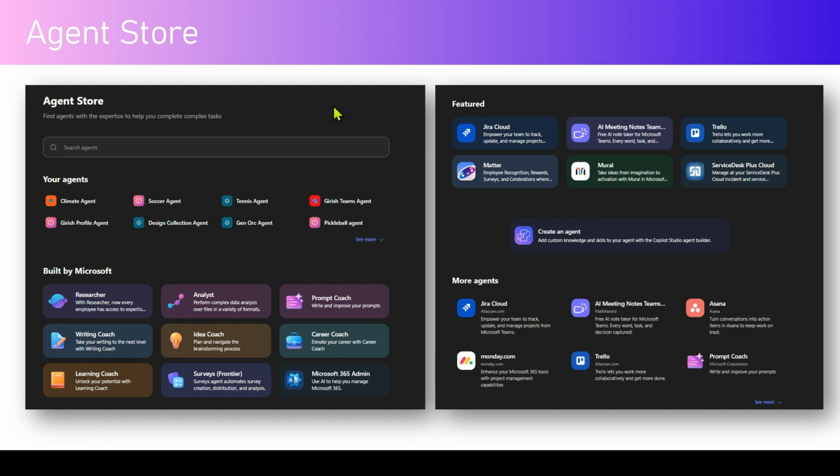Now, this is how the Agent Store will look. So here you get to search for an agent. These are some of the agents which have been built by you. There's an agent built by Microsoft. There are some featured agents, and then you have an ability to explore more agents. So let's jump into